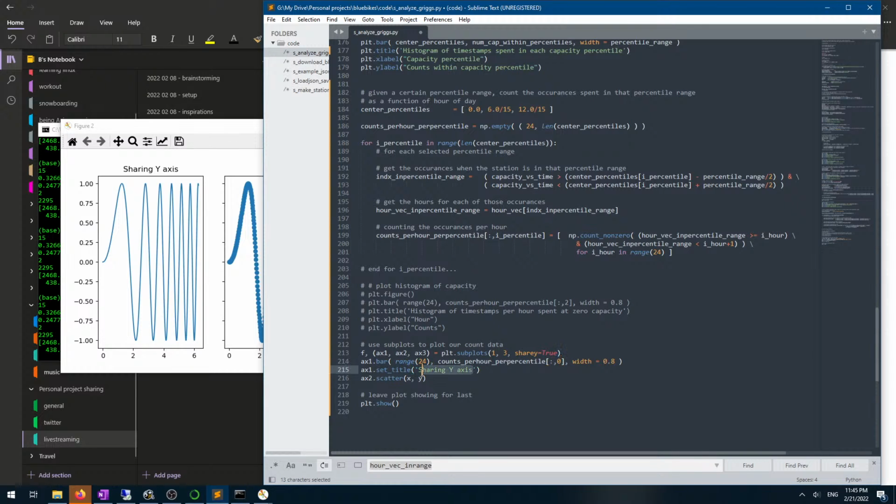I see. Okay, this is histogram, or let's say counts per hour at 0 capacity, and then I can just copy this two more times